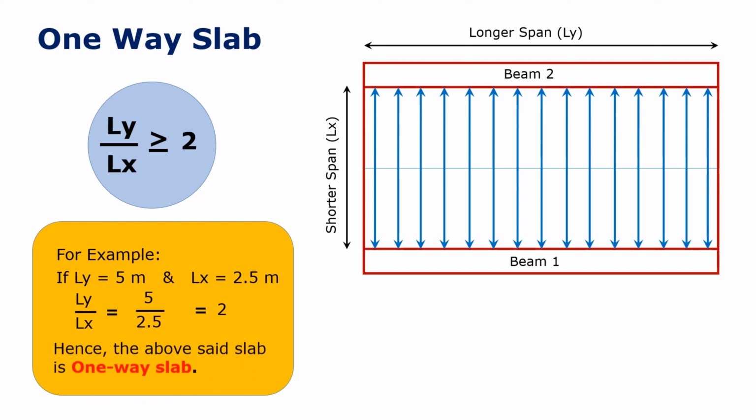Usually, all the cantilever slabs belong to one-way slab. Chhajjas and verandas are the real instances of one-way slab, where the slab is spanning in the shorter direction with main reinforcement and distribution reinforcement in the transverse direction.